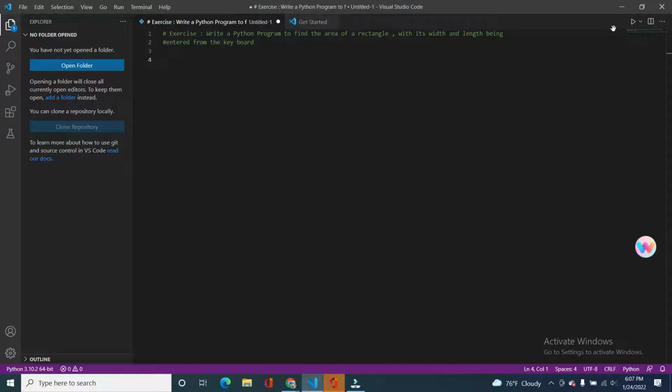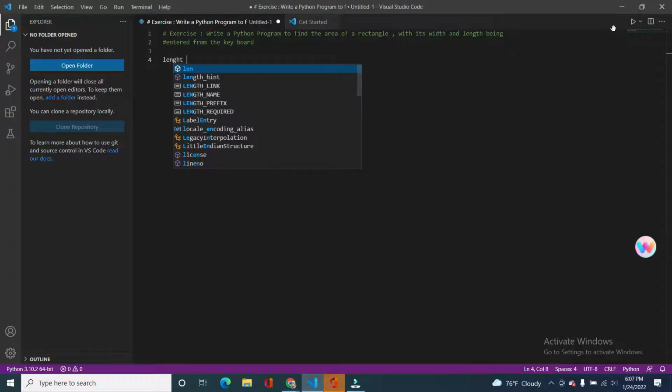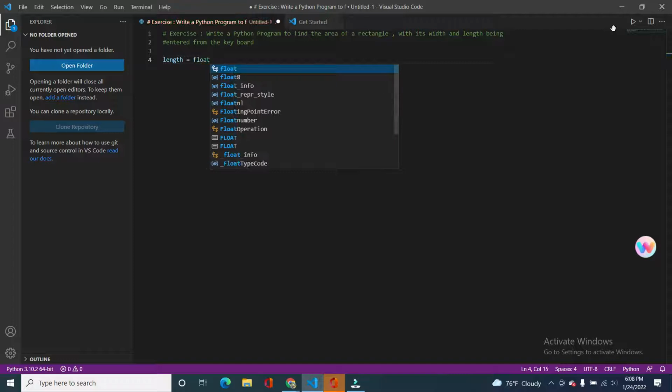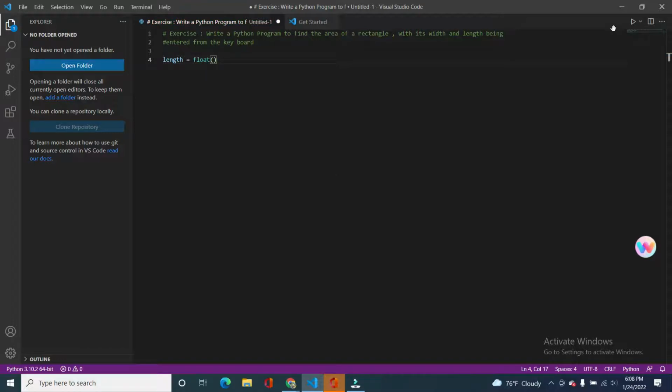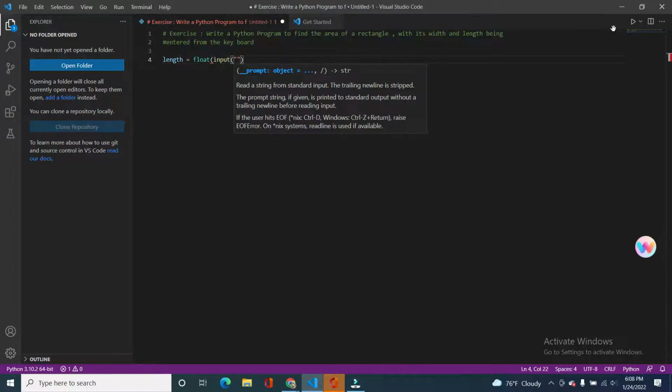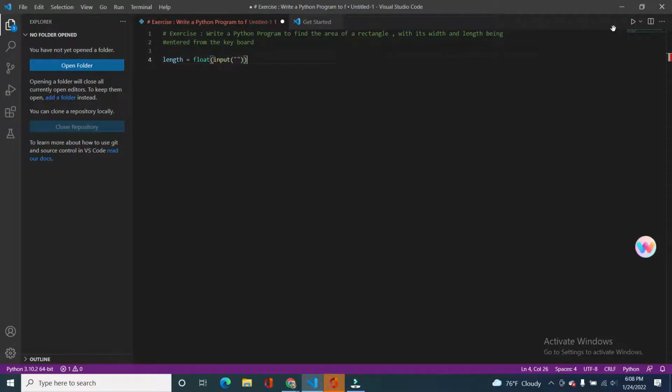So length. I'm going to name the variable length, equal to, well, it's a float number because it can be any decimal. So we want to make it a prompt, we want to input it from the keyboard, so we have to use the function input. So float input, enter the length,